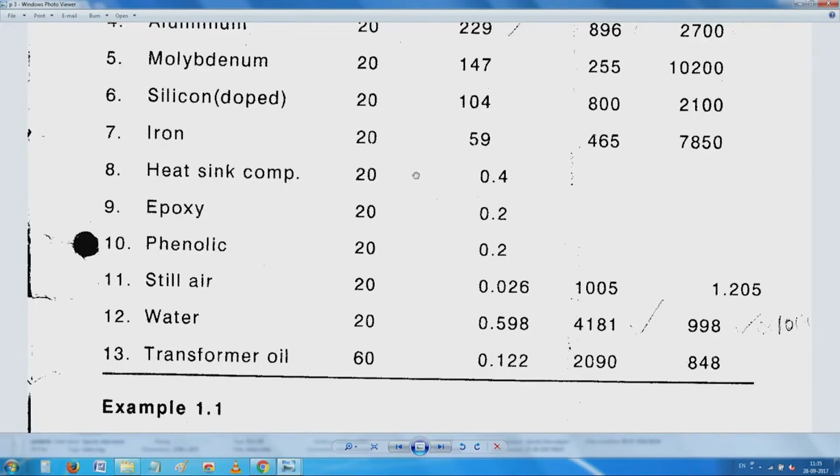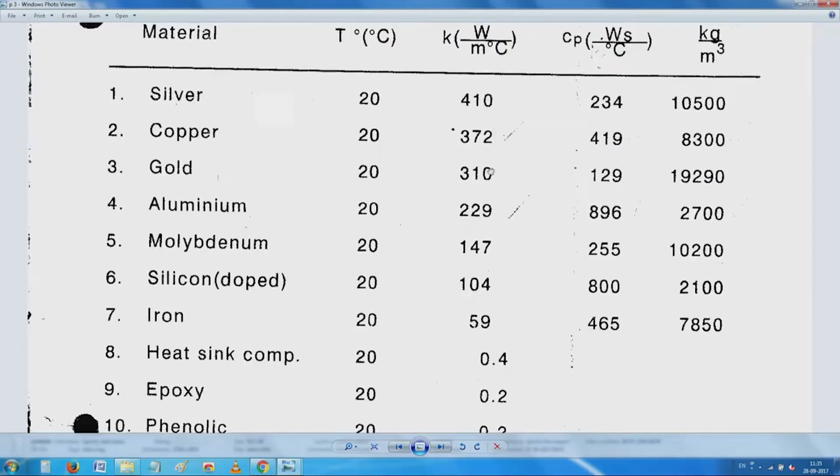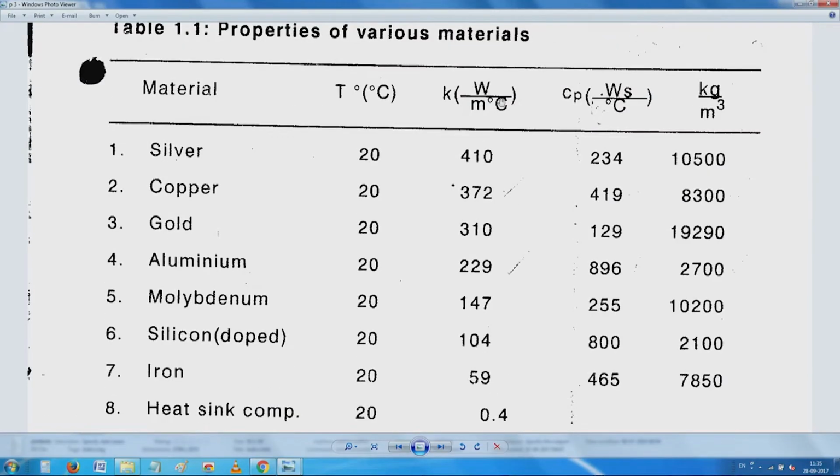You have seen this, no? Still air, even water also does not seem to be very great. It is only 0.6 watts per meter degree centigrade. Not very encouraging. Compared to aluminum, if you divide this by that, you will get a really horrible figure, some 300 or 400 times less conductive than